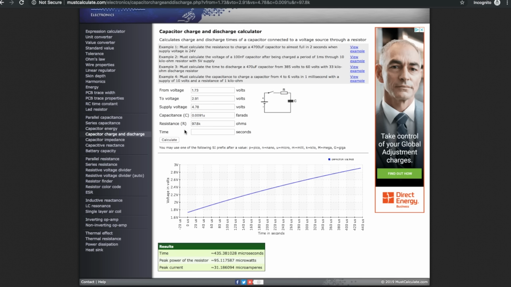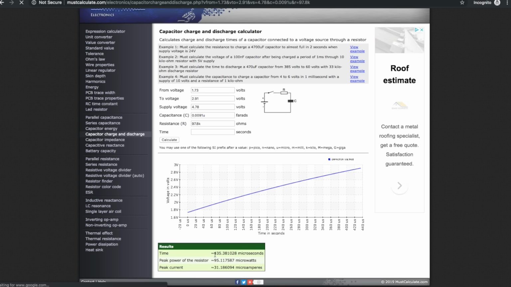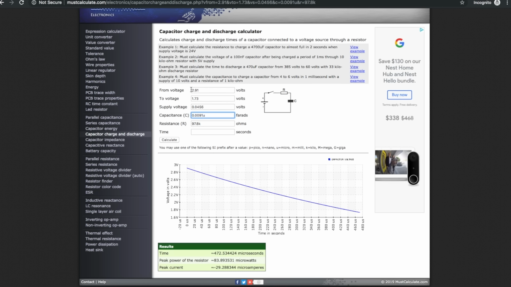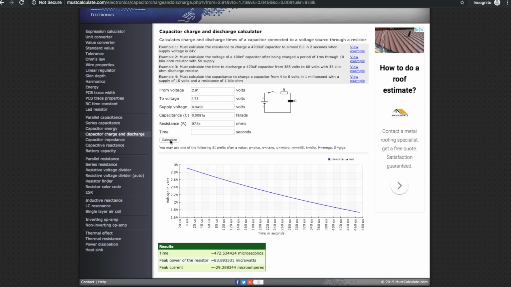So I've imported these values along with my measured capacitor and resistor values, and it tells me it's 435 microseconds to charge that capacitor. So that's part of the period of my output signal. So we're charging from 1.73 up to 2.91. If we let it keep going forever, we could get as high as 4.78, that's what the gate is capable of driving. And when we are discharging, we start at 2.91, we're discharging down to 1.73. If we let it keep discharging, the gate is capable of bringing it down to 45.6 millivolts,